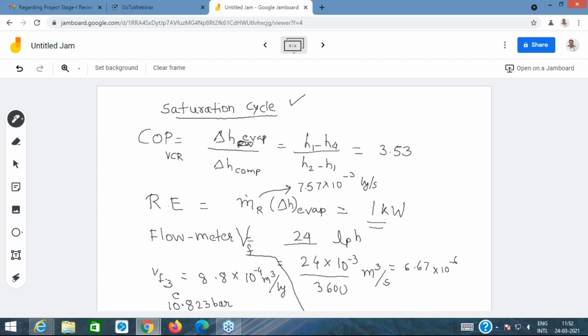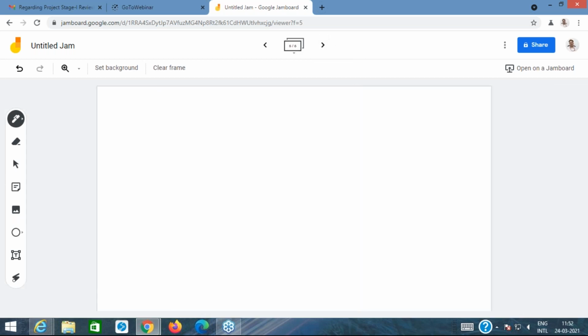But whether the cycle is a saturation cycle, no. Before that, how do you calculate the power consumption? For the power consumption, again, just multiply the delta H of the compressor with the mass flow rate, and you will get the power consumption. That reading with me is about 0.28. Convince yourselves by doing this on your own. So 0.28 kilowatt is the power consumption I have got, and the refrigerating effect I have got is 1 kilowatt, and that gives me a COP of 3.5. But this was by assuming the cycle to be a saturation cycle. But you know that the cycle is not a saturation cycle.